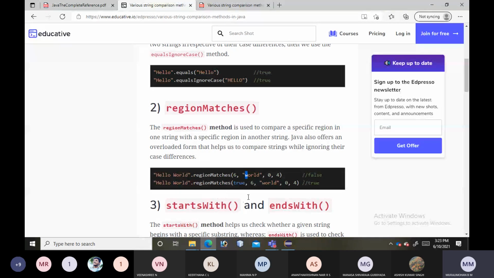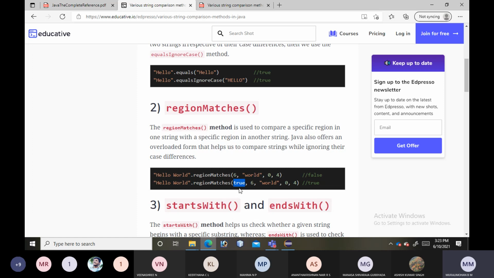The next one you just see, with regionMatches we can also provide an ignore case option. Here we are providing the boolean value true, which means it should ignore the case of the characters.